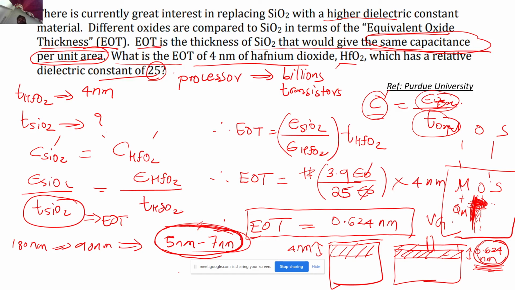So to prevent that, that's why we moved to HfO2 or some higher dielectric oxides, so that we prevent this leakage current, because our oxide thickness is now 4 nanometer instead of 0.6 to 4 nanometer, right? There is almost an order of magnitude difference over there. So it will prevent the tunneling by a huge factor, and the leakage current component, even if it exists, will be a very small value. I hope this concept was clear to you, because this is the current trend: why are we replacing the silicon dioxide. Guys, if you have any doubts, please ask me. I am done with my questions, so I will be happy to answer any questions you have.